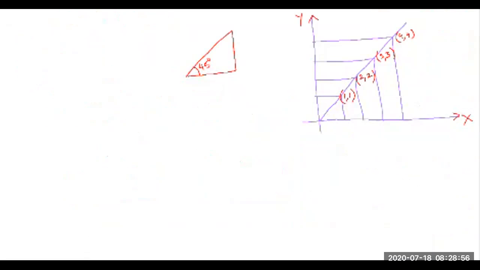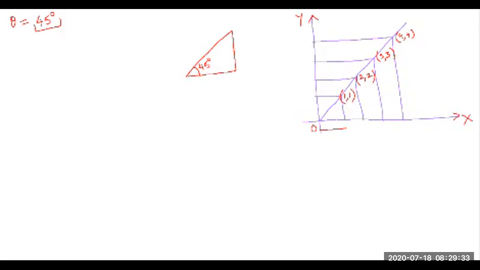Students, now let's find out all the trigonometric ratios at angle 45 degree. When theta is 45 degree, let's see students, this is origin, x and y axis. Now let's say this point is 1, 1. That means abscissa is 1 and ordinate is also 1. Now let's take this point, this is 2, 2. Abscissa and ordinate are same. Same for this and this point.